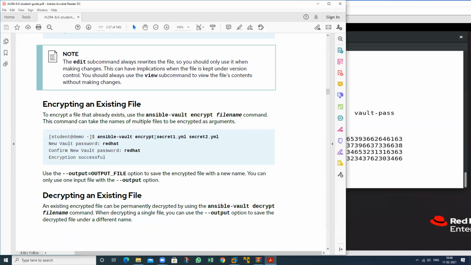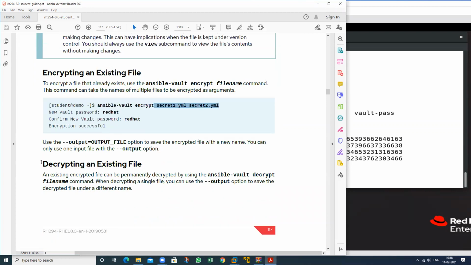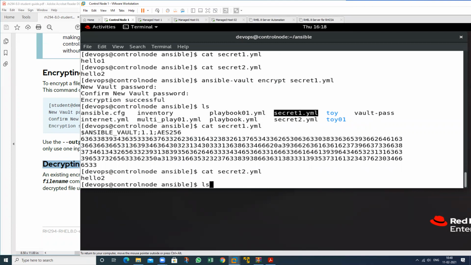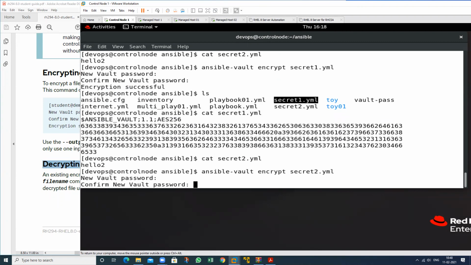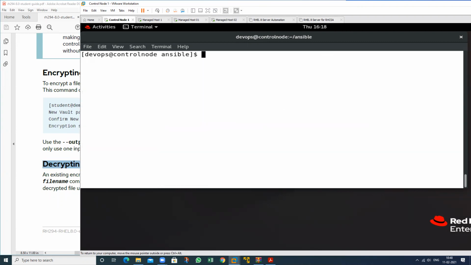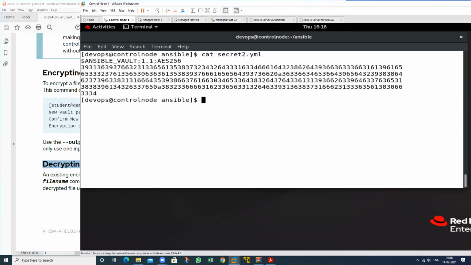So we can encrypt any particular file. It can be 1 file, 2 files, 3 files. I will encrypt this file also. Just apply the password again, then see. If I want to see, now I am not able to see what is in this.